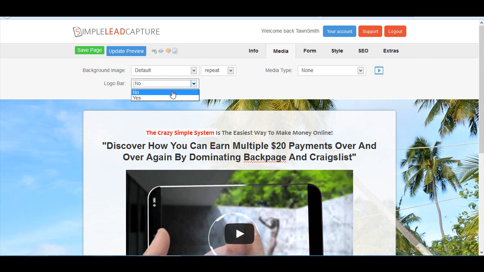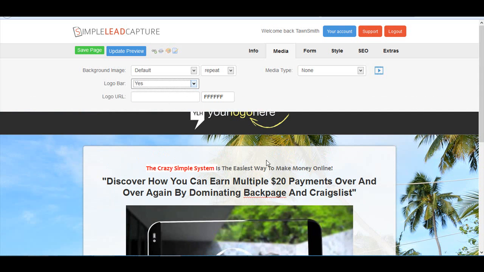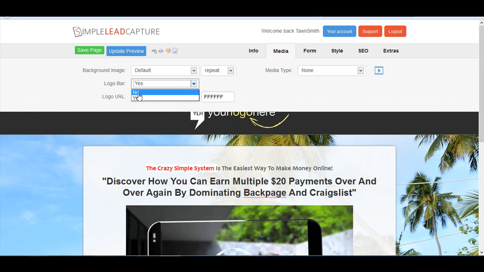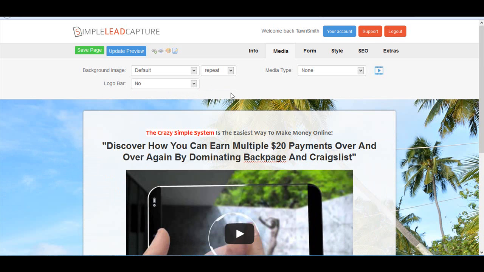I love it. You can actually add a logo if you choose to. So you can add your logo here by putting the URL of your logo. You can change the color, all of that stuff. We're just going to leave that as no right now. If you don't have a logo, don't worry about that. So now,